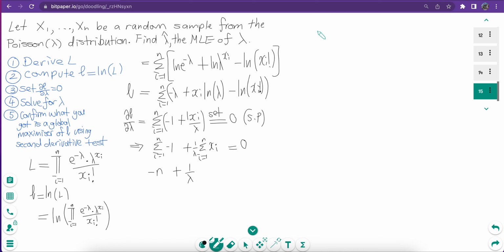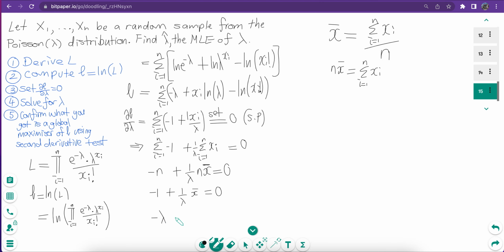Now the sum of xi, we know that if we want to compute a mean, all we have to do is take the sum of the values and then divide by the number of values. So if we multiply both sides by n, we get n x bar is equal to the sum of all of your xi's. So another way I can write this is n x bar equal to 0. Cool. We can divide by n everywhere, so this becomes -1 plus 1 on lambda x bar is equal to 0. What we can now do is multiply by lambda everywhere, so multiplying lambda here, we get negative lambda